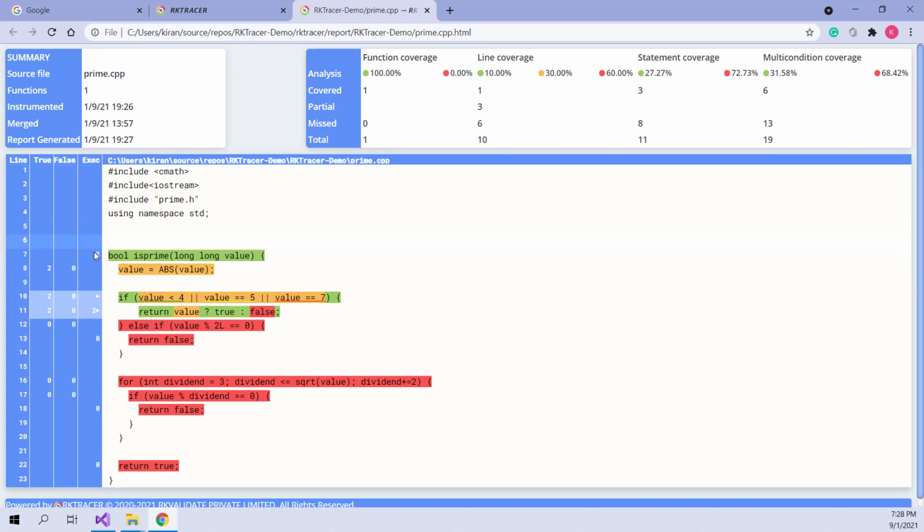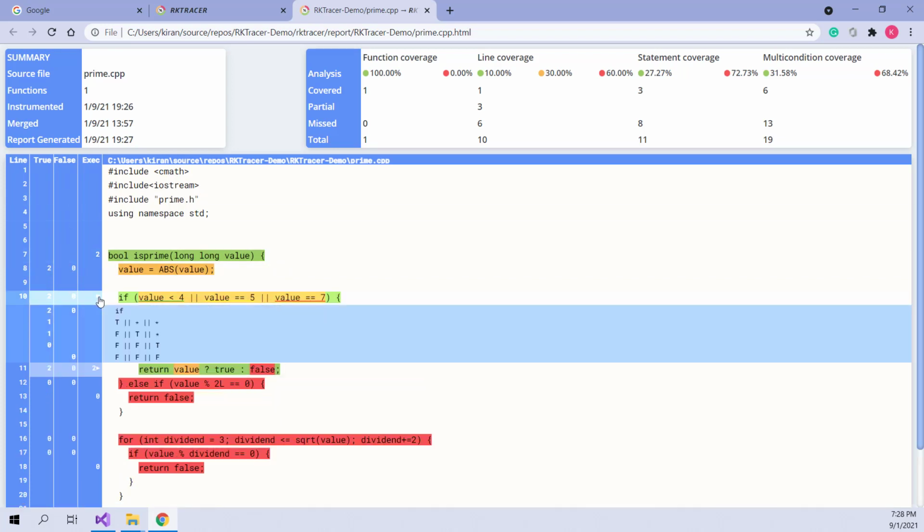So we have the execution tab here. If this has been executed to true or false, you will be able to see that information. And this is a multi-condition. Did we enter a value less than 4? Yes. And did we enter a value greater than 4? Yes. So it has executed for both true and false. And also we have here the 5. Did we enter a value 5? Yes. And it has executed to true once and 0 times to false.